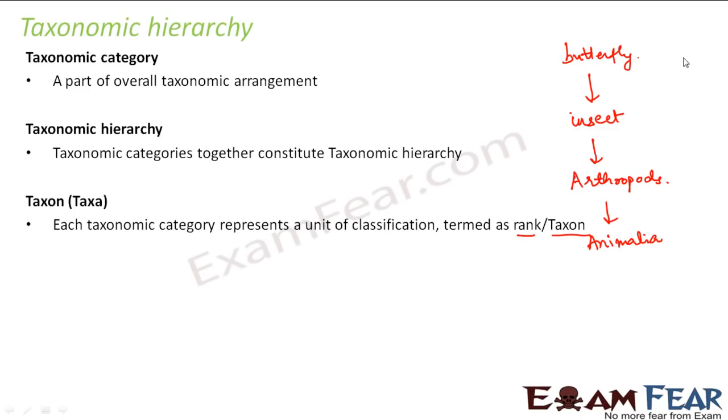Similarly, you can consider the examples of human beings. Human beings are all mammals. Mammals are all vertebrates. Vertebrates are all animalia. Right? So this way, all the organisms are put into this hierarchical structure. We can say that a group is nothing but a category. Like as I said, all organisms with certain similarities are put together in one group. So that group is nothing but a category, and that category is known as a taxon or a rank.